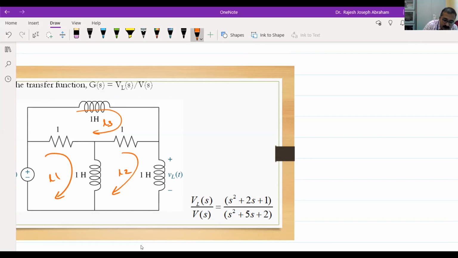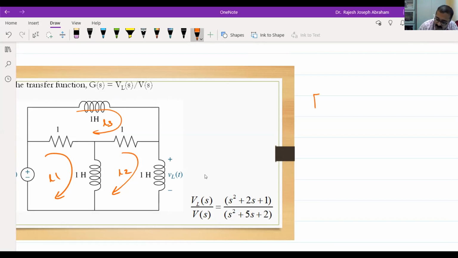Okay. It will not come here. It will not split into 2. That is branch current. Okay. This loop current, if I mark I1 like this, it means that current I1 circulates within this particular loop only. There is no division or branching of currents. That won't work here. Loop current means it is confined to that particular loop only. So there are three loops. That means the impedance matrix will be of the order 3 by 3.